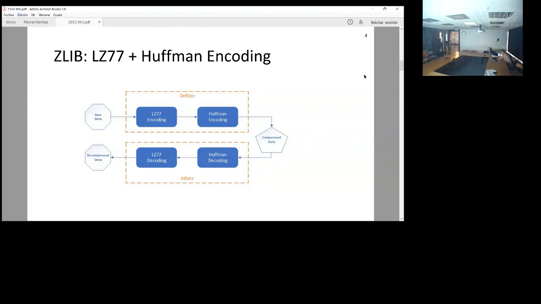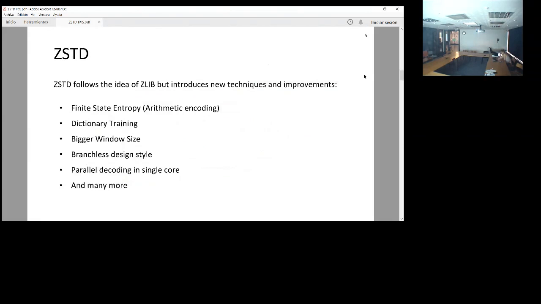So based on that, ZSTD includes several improvements, and I want to highlight a few of them. One of the most interesting ones is arithmetic encoding, which is introduced in the form of finite state entropy, and in ZSTD is combined with Huffman encoding. Arithmetic encoding solves one of the main problems of Huffman encoding, that is that the minimum